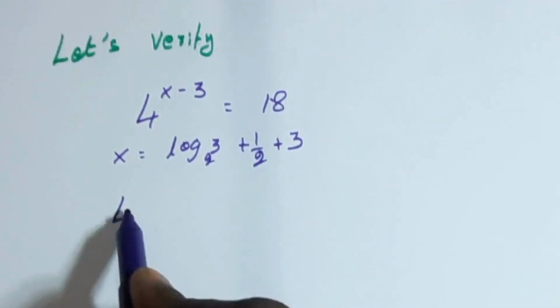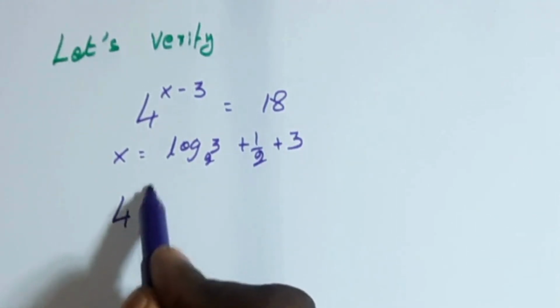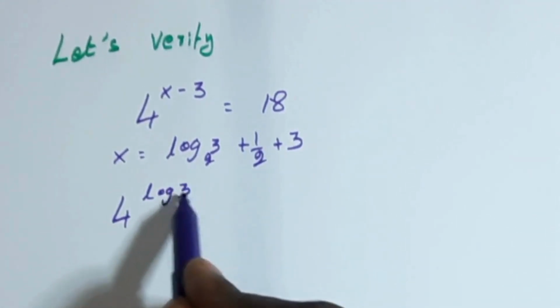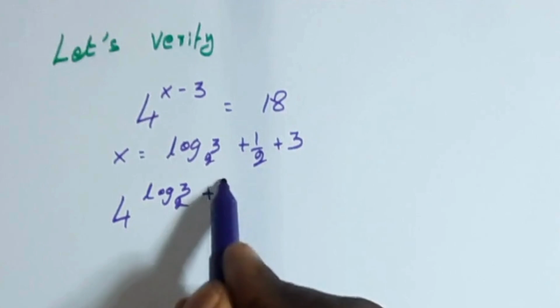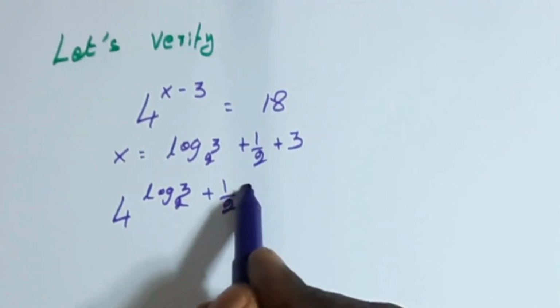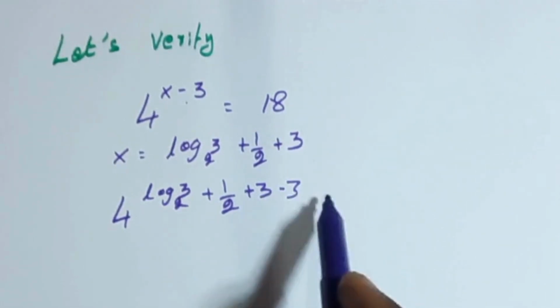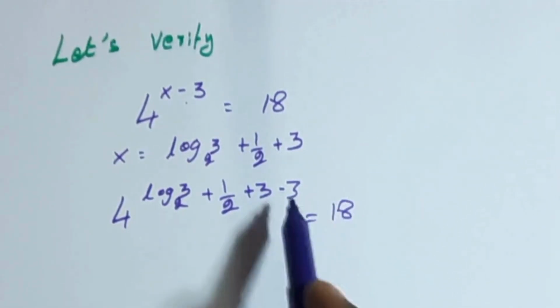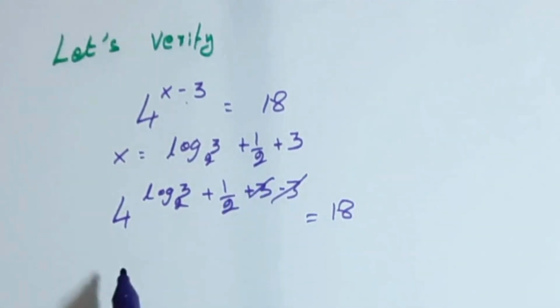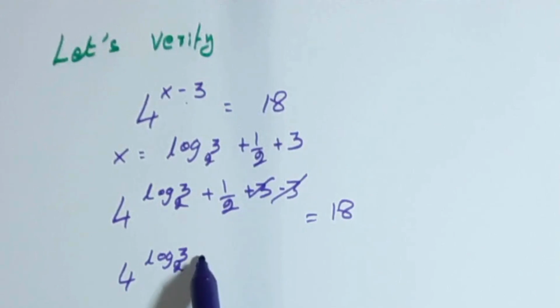So 4 to the power of log 3 base 2 plus 1 by 2 plus 3 minus 3 equal to 18. This cancels this. So we have 4 to the power of log 3 base 2 plus 1 by 2